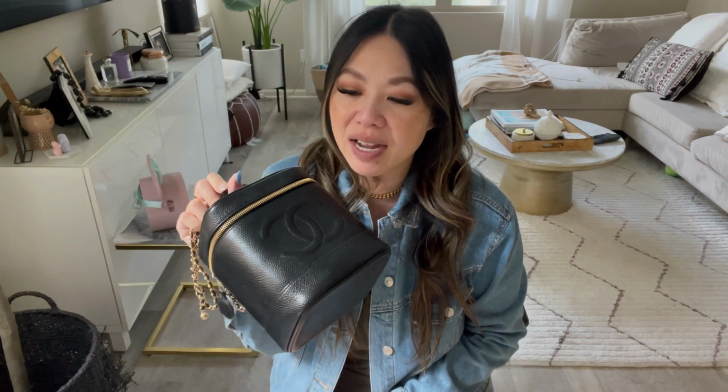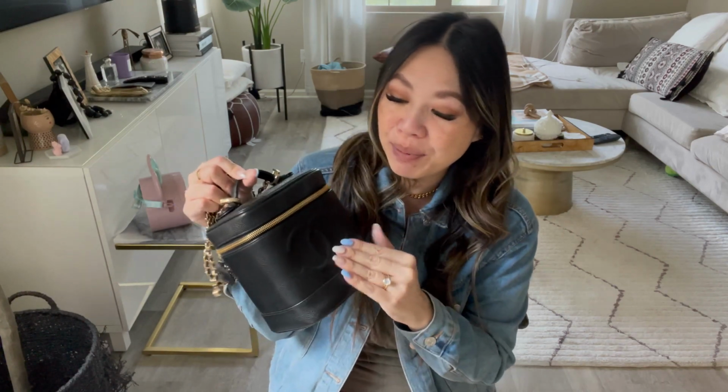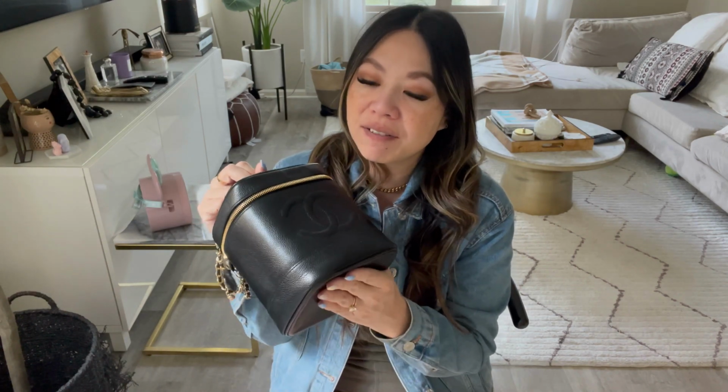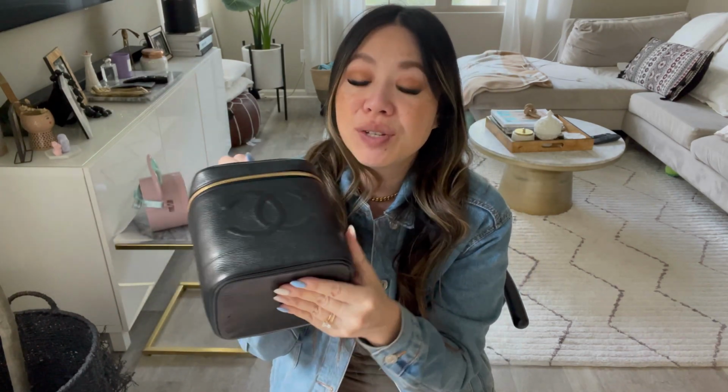I have no regrets. We actually had one on Bag Crush too that we sold, but ultimately I like it because it's simple. Like I said, I love the timeless collection. I love the CC. The fact that there's this handle, and if you guys could feel this, it's also in caviar. The quality of this is just so nice in comparison to a lot of newer pieces. Like I said, this bag is probably 20 years old, but look